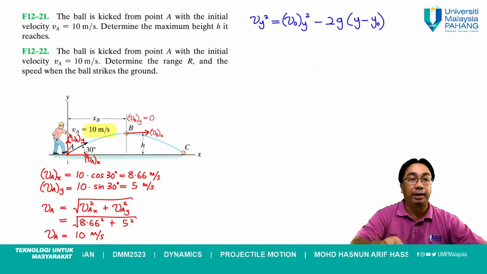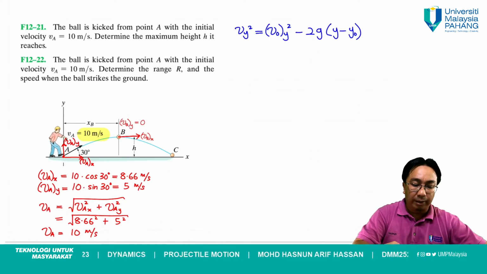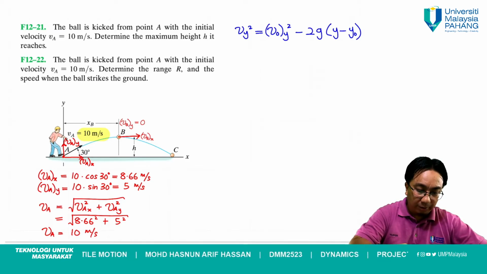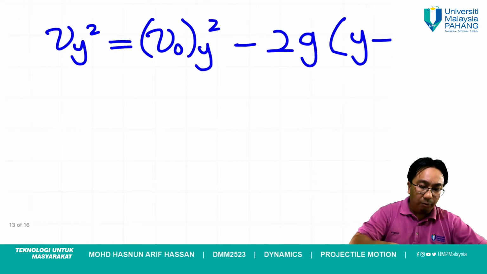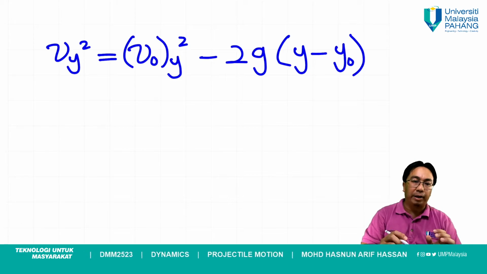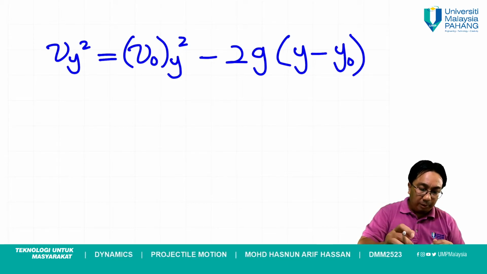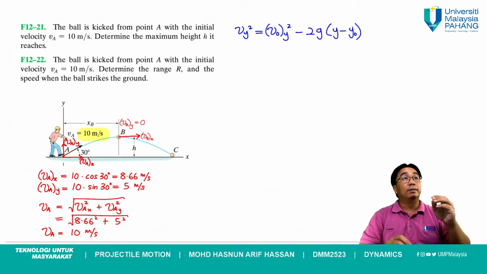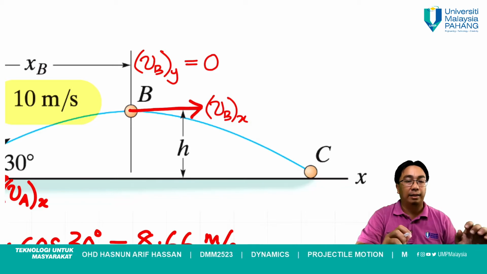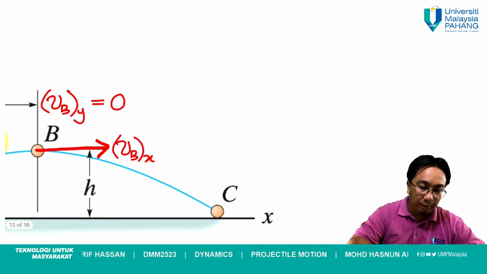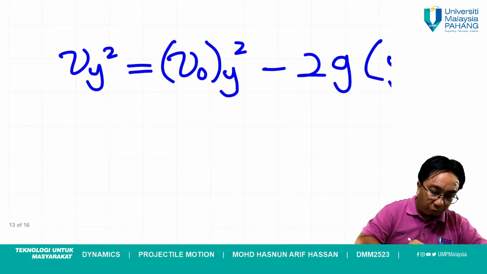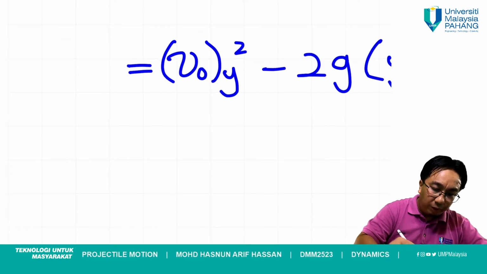Okay, sekarang kita balik kepada calculation kita di mana kita gunakan VY. VY di sini macam saya beritahu tadi, kita tengah nak tengok pada point di mana untuk peak value of Y. So basically pada point B lah yang kita nak tengok sekarang ni. So di sini kita kena tulis dia sebagai VBY lah, baru kita tak confuse. So basically this will be VBY